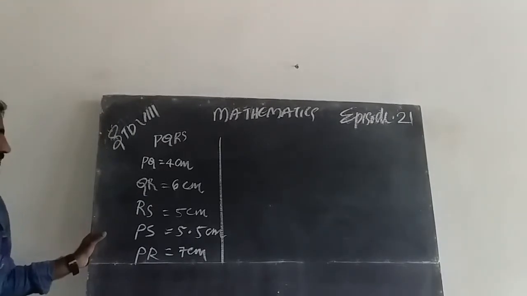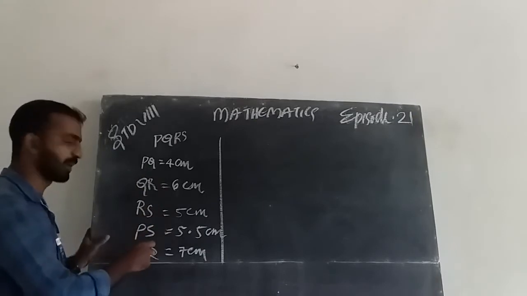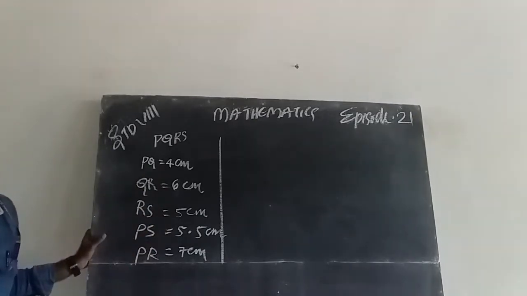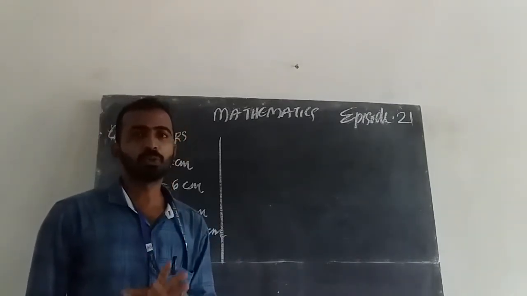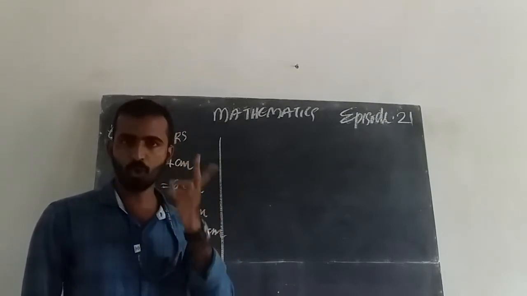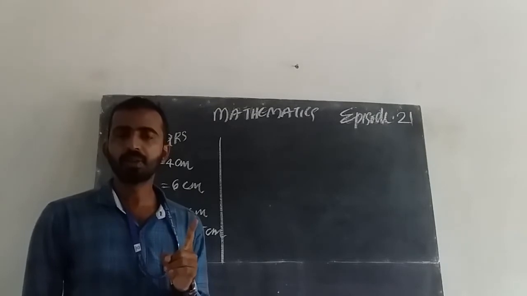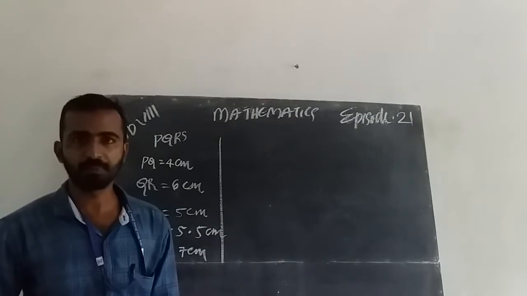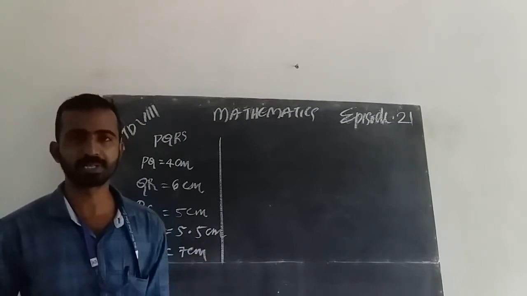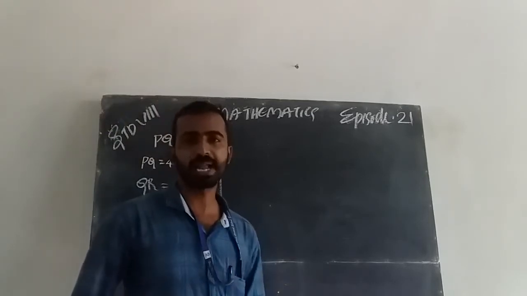That is, we have 5 measurements: 1, 2, 3, 4, 5. Can we start? For drawing, you must use a scale, protractor, compass and pencil. You must not draw with a pen. You must draw with pencils, and give names and measurements to the corresponding sides.